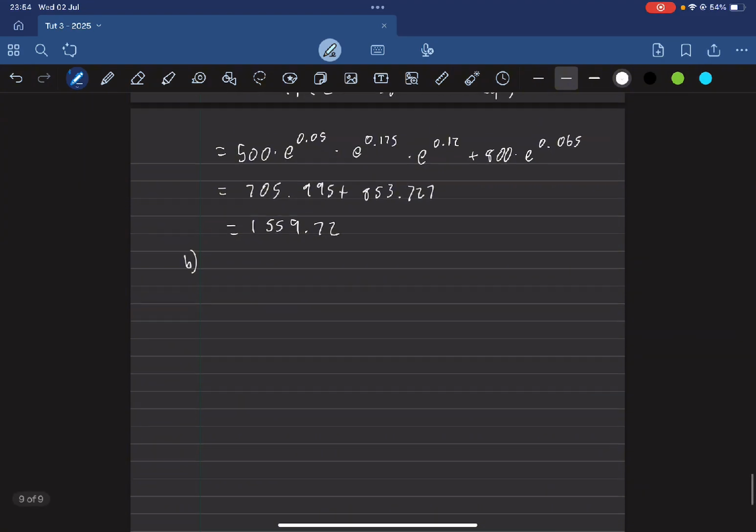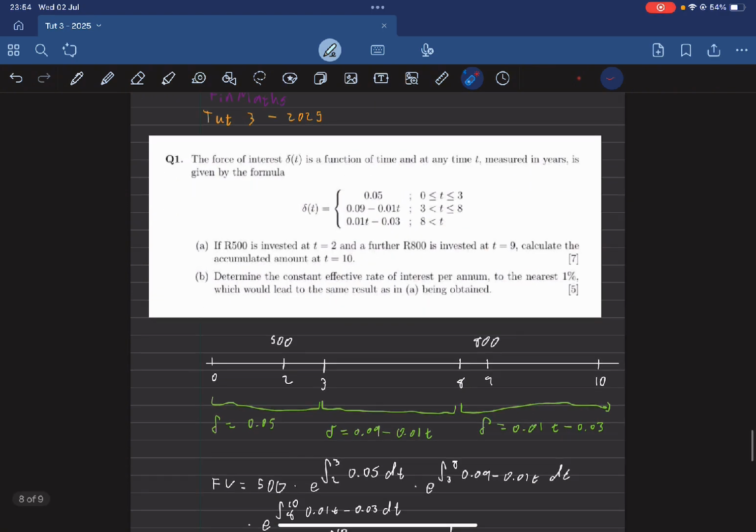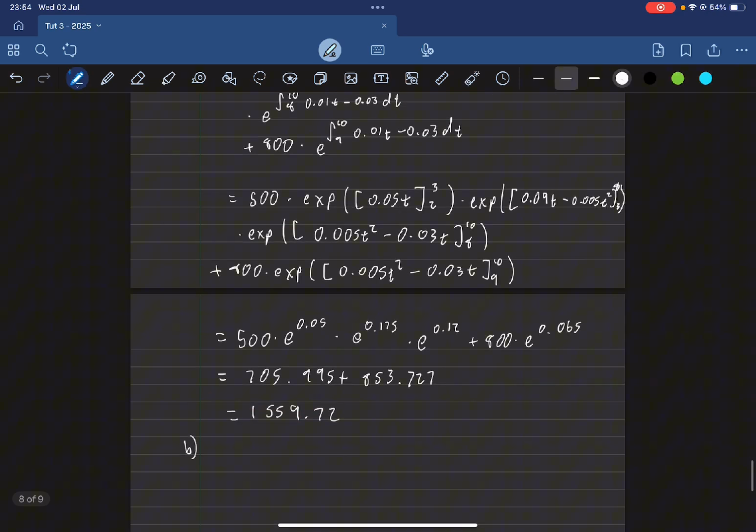Okay, cool. Next, we're going to have a look at B. So B says, determine the constant effective interest rate per annum to the nearest 1%, which would lead to the same result as in A being obtained. Okay, so now imagine we had a constant interest rate over the whole period. How would we get the same future value? So the way I'd work it out is your future value, which is equal to